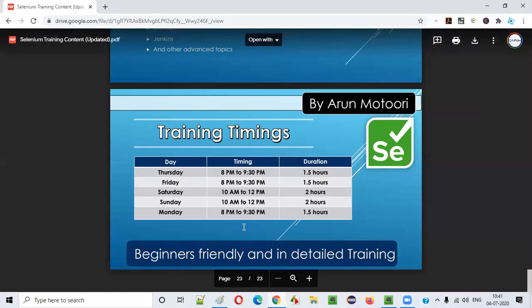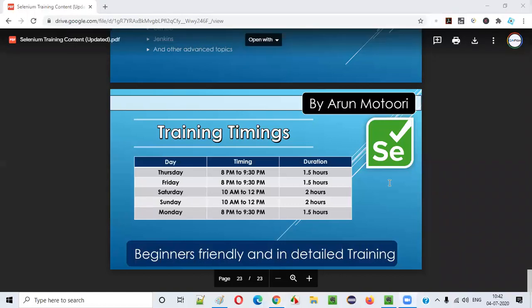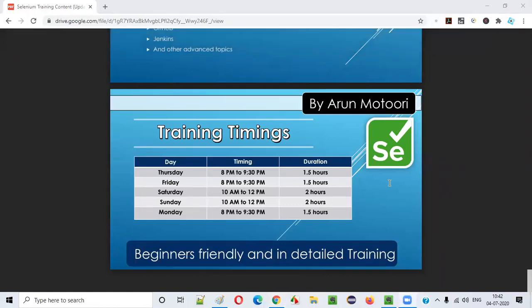After seeing all the directions, yesterday I reached each and every person who is attending this particular training. Individually, I went through WhatsApp, pinged them, and they were responding. It was very good communication with a lot of people yesterday. When I reached out to a lot of people for attending this demo session, a few people gave me some suggestions for the training timings.